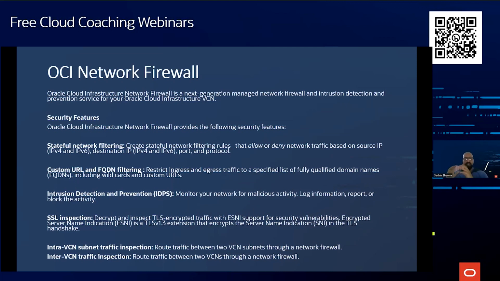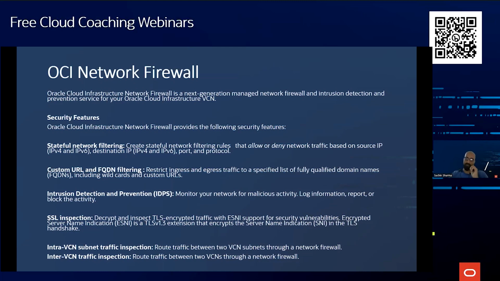To achieve more granular network security with features such as, you can see on my screen, stateful filtering, which enables customers to centrally create, allow, or deny stateful network filtering rules based on 5-tuple information for both IPv4 and IPv6,